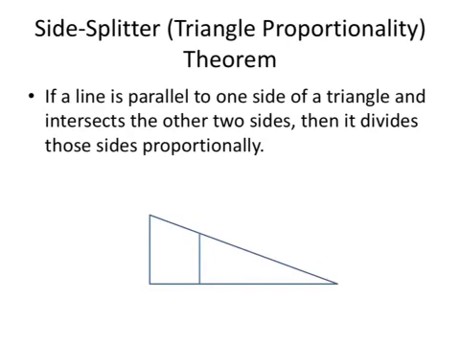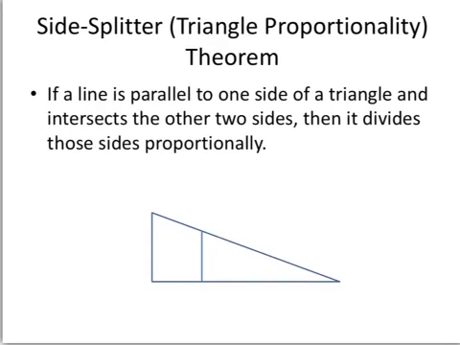So let's first talk about the side splitter theorem, and this is also known as the triangle proportionality theorem. And this says if a line is parallel to one side of a triangle and intersects the other two sides, then it divides those sides proportionally. So here we have two parallel lines. We'll call this triangle ABC, and this will be D and E. So we have AC is parallel to DE, and it is going to divide the sides of AB and CB